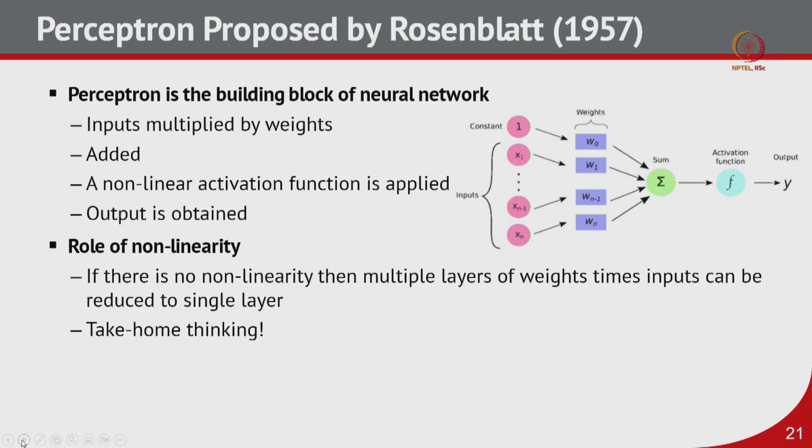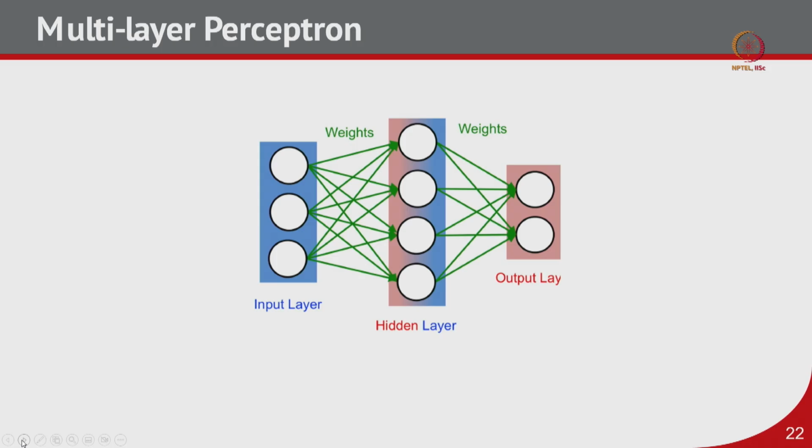Now, this is the architecture of a perceptron, right. This is another example where we have a multi-layer perceptron. In the previous slide I was showing you just one perceptron, where multiple inputs are coming, getting multiplied by the weights, and then we are getting the output, right. Now, imagine that we do not have just one perceptron, but multiple of those perceptrons. Whenever we have multiple of those perceptrons, they actually form a layer.